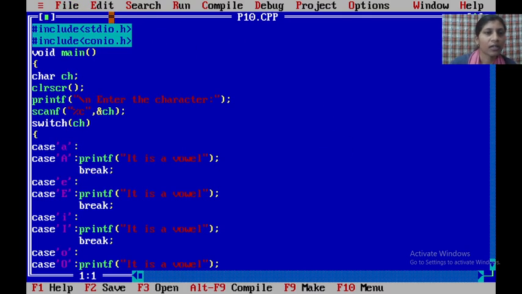See here, #include stdio.h, conio.h, void main, char ch. clrscr is the function to clear the previous output screen. Then printf is the formatted output function. scanf is the formatted input function. Switch, ch is the variable. Case 'a', small a or capital A. If you entered small a or capital A, see here I have written small a and capital A